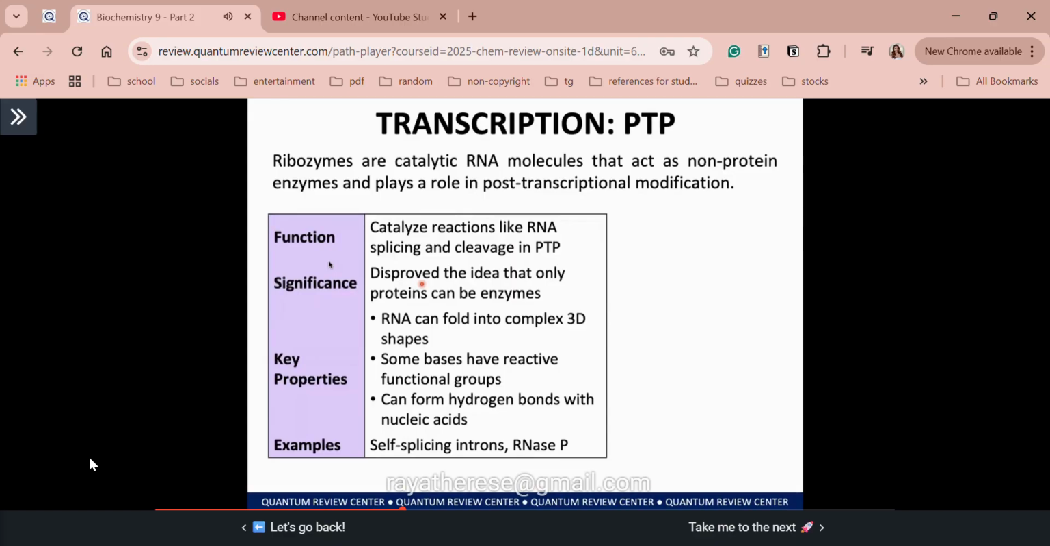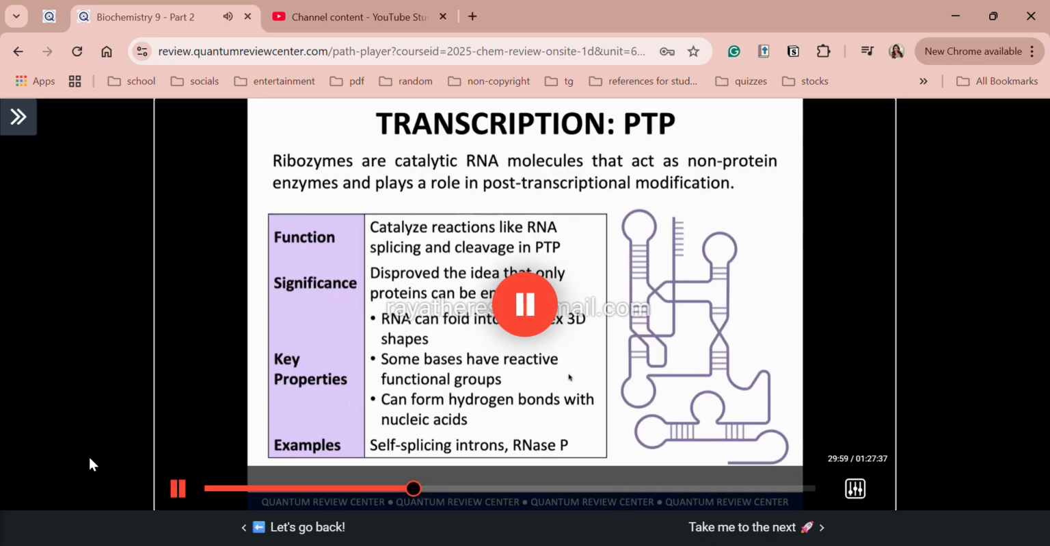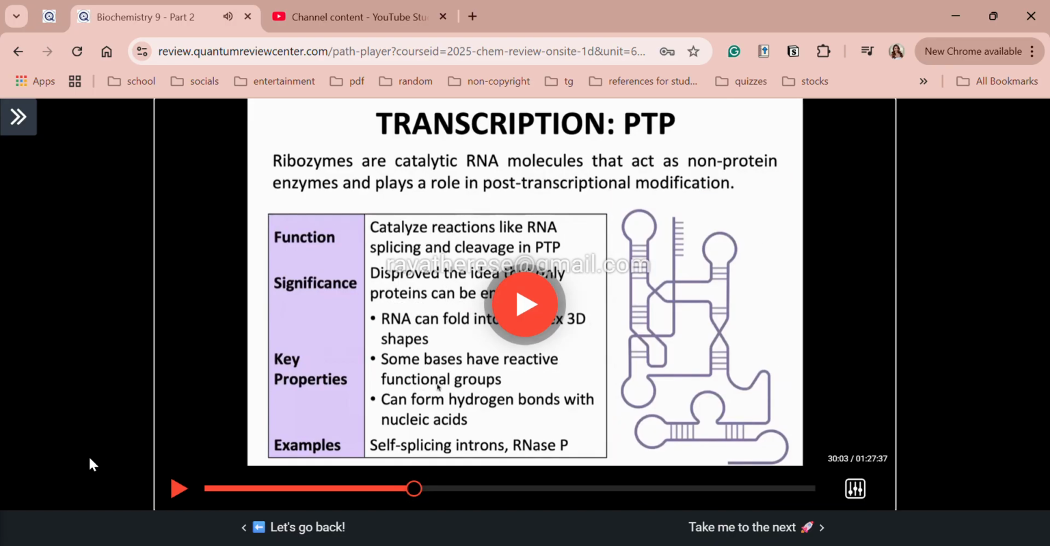That's not true actually, class, because RNA in its key properties can fold similar to proteins because of their single-stranded nature. Another reason is that some bases of your RNA have reactive functional groups that induce folding. Aside from that, they can also form H bonds with nucleic acids. For instance, we have your self-splicing introns, and this one, class, is your RNase P, a type of ribozyme that participates in RNA splicing. All right, so class, this is your